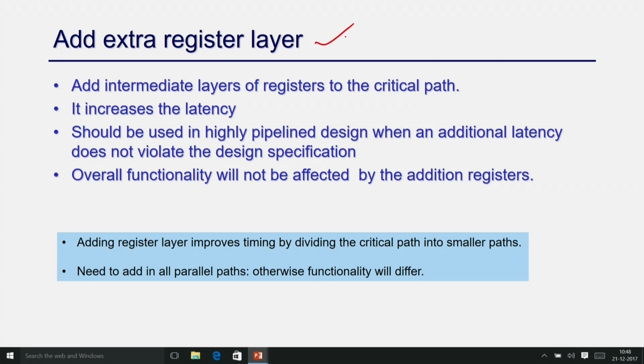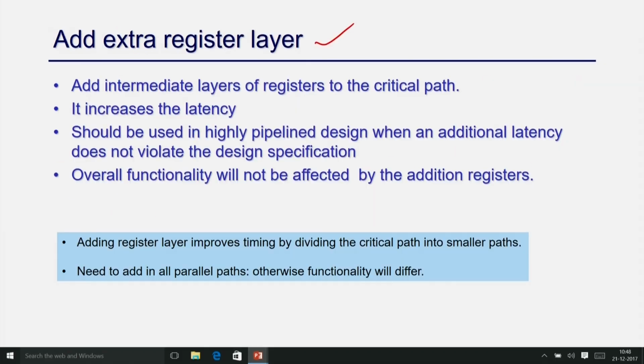technique, which is called adding an extra resistor layer. So in retiming you are not adding extra resistors. What you are doing is just moving your resistors in your design to reduce the critical path length. Okay. So here, instead of moving, we are just adding some extra resistor layer,